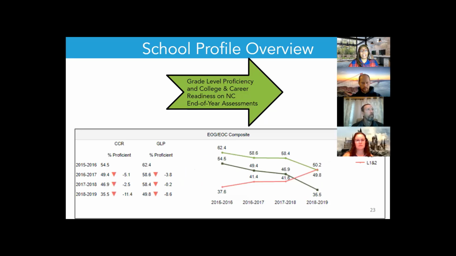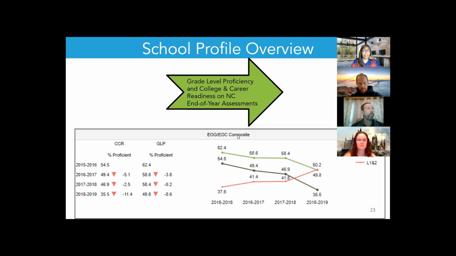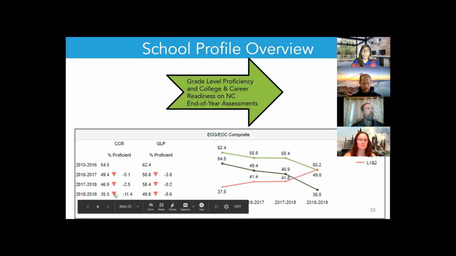And then you're going to get just trends of your EOG and EOC composite. And then underneath that, you'll have it broken down for each subject area. So you're able to see, over time, how has my school done? This here being overall with EOGs or EOCs, right? And so here the arrows, a red down means that we dropped, obviously green up would mean that we made some improvement,